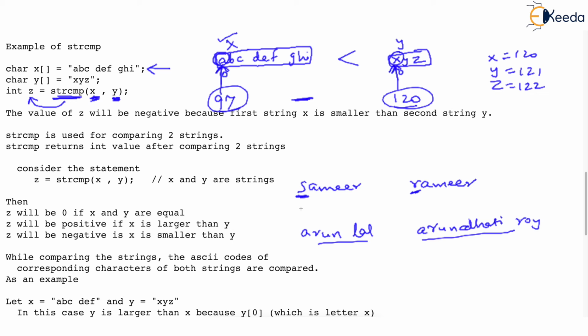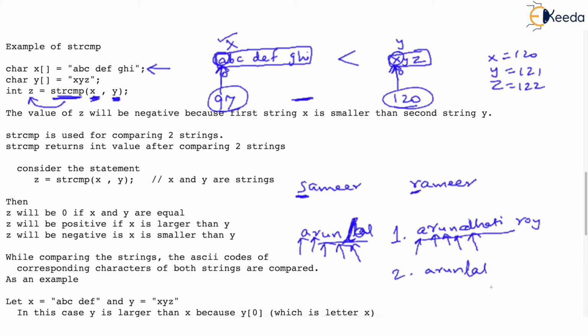So what you will do, you will compare A with A, you will say they match. Let me go ahead, R with R, they also match, U also matches, N also matches, and let's say there is no space here, just to make our discussion easier. L mismatches with D, isn't it? See, Arun matched Arun, but L mismatches D. Then you will ask, which alphabet comes first, D or L? D comes first. That means you will give Arundhati Roy roll number 1, but Arun Lal will get roll number 2.